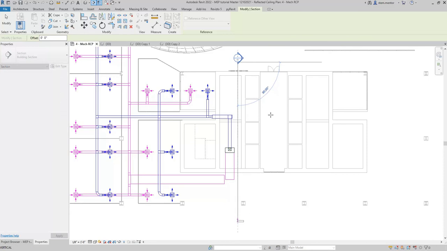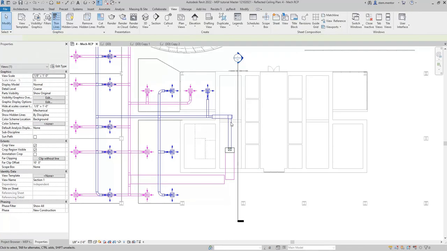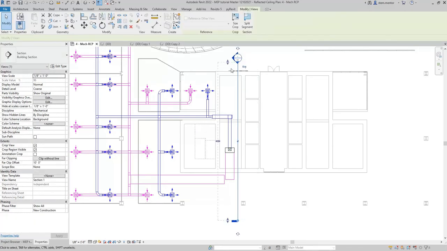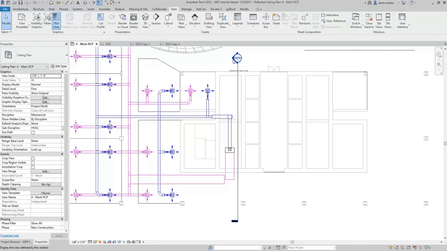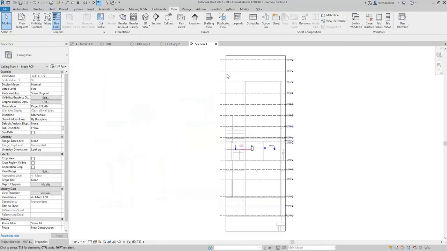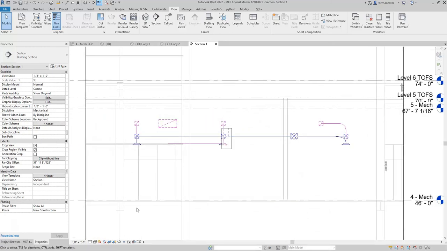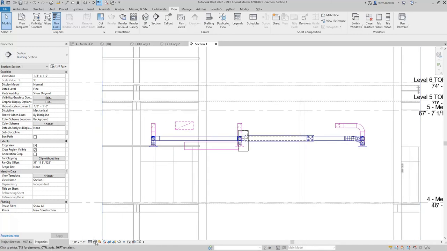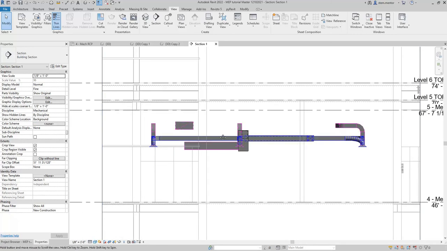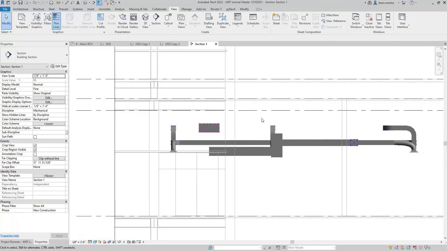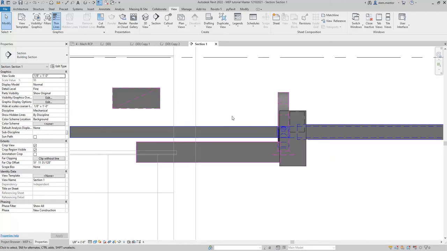Now my section is looking the wrong way. I want to flip it. Okay. Now here. So we have our section. We're going to go over to the detail level, change coarse to fine. And I also want to put shaded to see what's going on. So right now this conduit